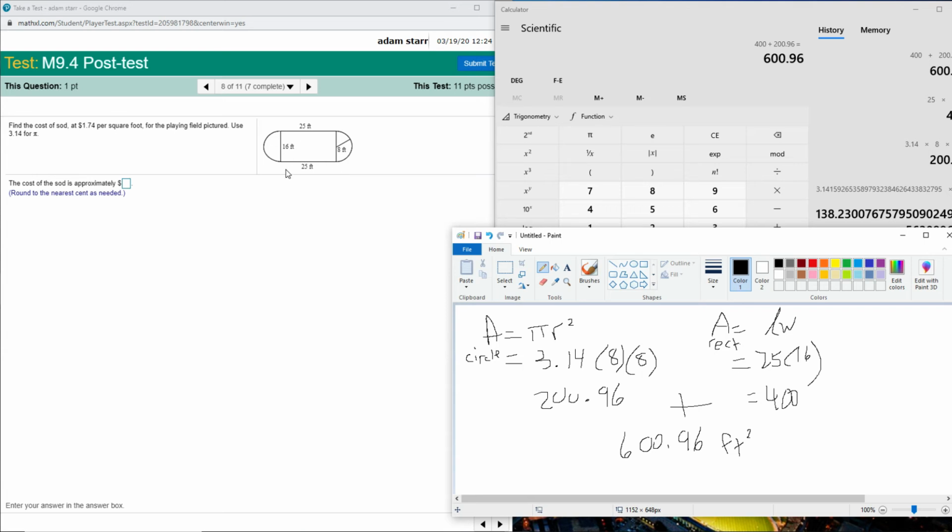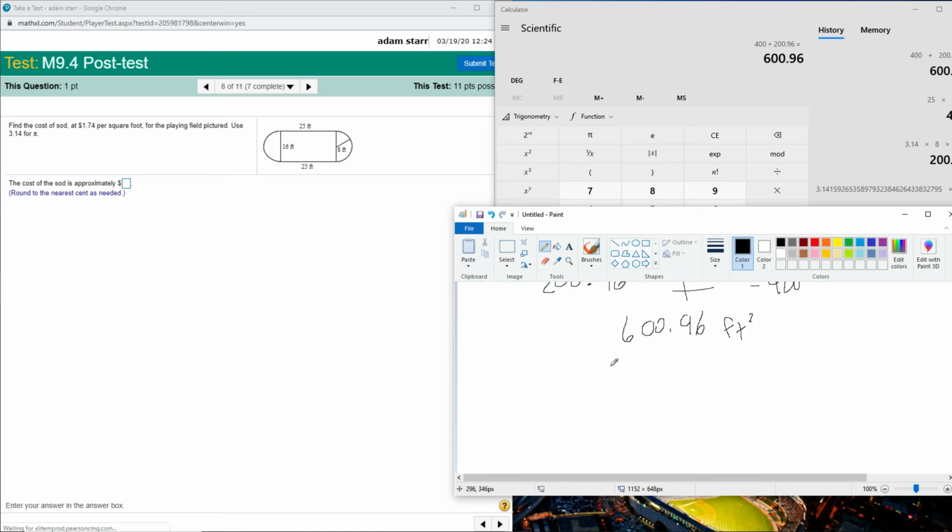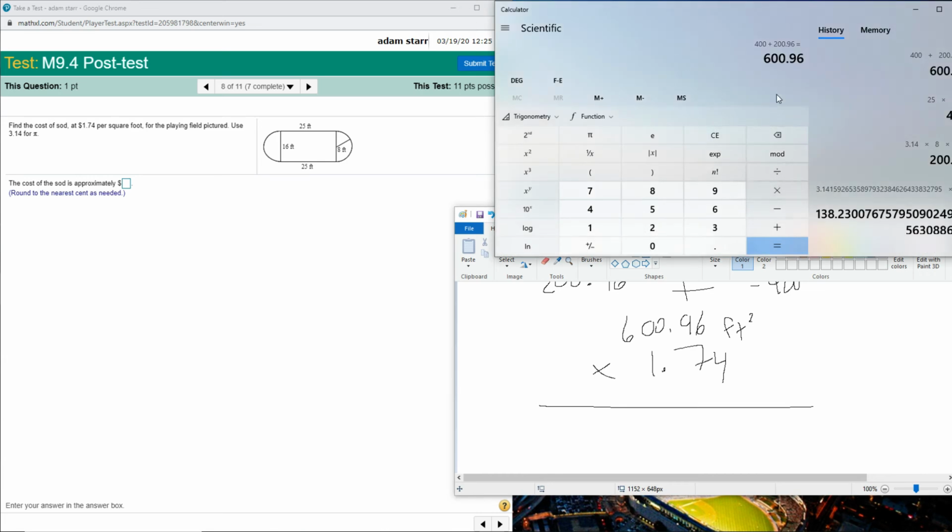But it's not asking for the area, it's asking how much it's going to cost if I want to sod it. Okay, this is how many square feet I have, and it's $1.74 per square foot. So I'm going to take this now and multiply it by the cost per 1 square foot, so I'm multiplying it by 1.74. Again, it's already stored in my calculator, my area, so I'm taking this and multiplying it by 1.74, and I get this